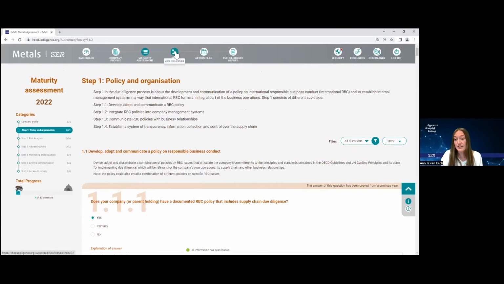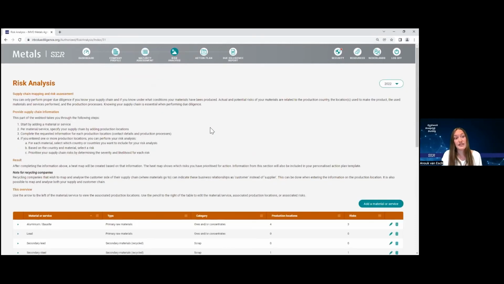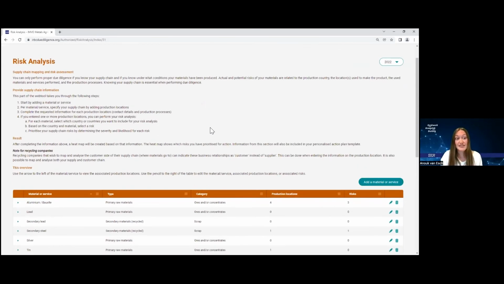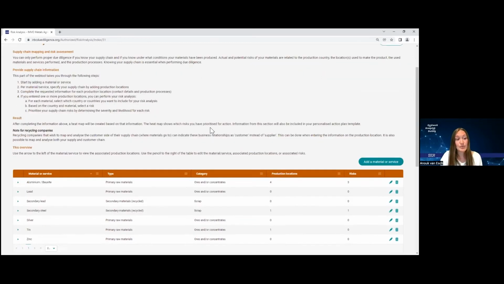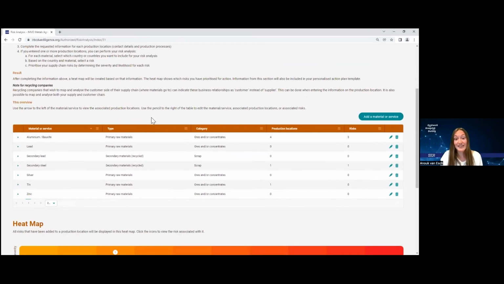After the maturity assessment, the next step will be the risk analysis. This is the second due diligence step if you look at the due diligence cycle. The risk analysis section actually consists of 2 parts. The first part is a supply chain mapping exercise. We ask companies to insert the materials that they work with, so you see some examples here.